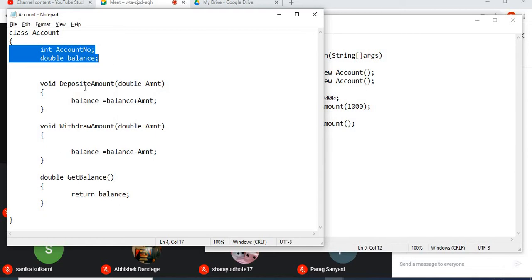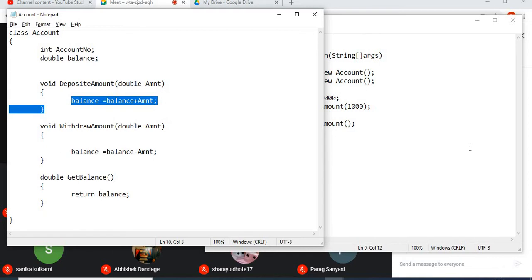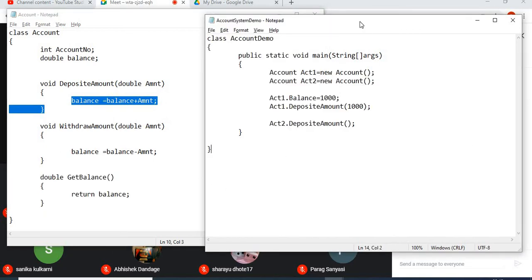Hence, while calling them, we need to send in the reference of an object so that the copies of that particular object, the reference of which we have sent while calling the method, would be worked on inside the method. Right, now we are going to compile these two classes.